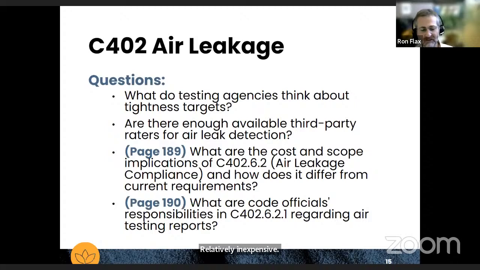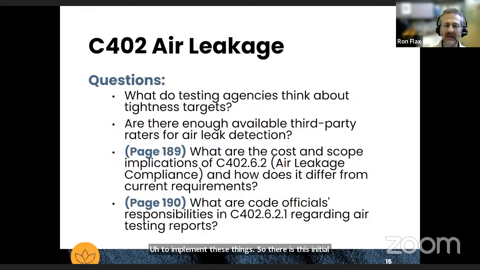So there is this initial resistance when people don't really know how to do it, and then it's pretty straightforward after that. And the same is true actually for the reporting. When I'm working with a design team or contractors who maybe I haven't worked with before and they don't know how to put together these reports, or they have confusing information on the reports, it does take a little bit of time as the code official and my team to give that feedback. But once we understand what's expected, they understand what's expected, and we understand where to be looking for things, these things are relatively painless to review.